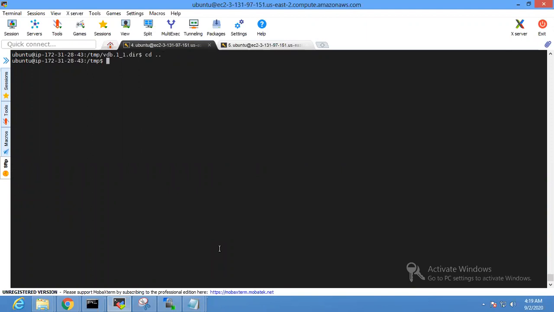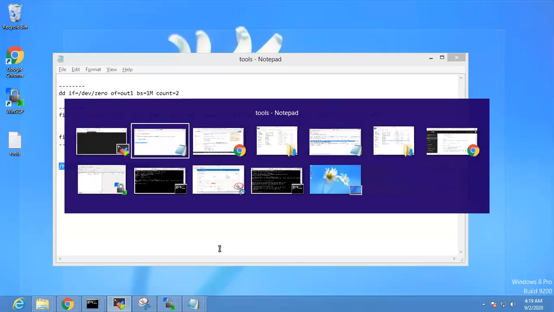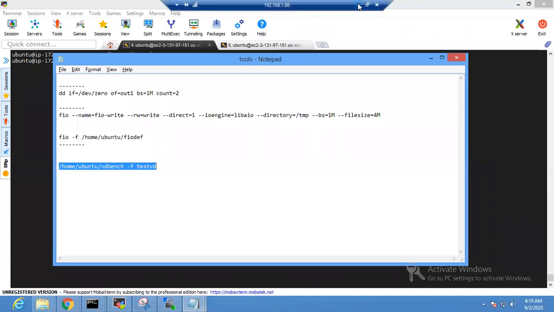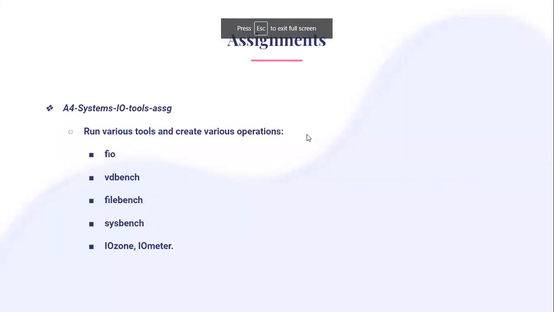What I highly recommend, don't jump and start using the IO tools, just first go and read about the man pages. That will really help you to understand what are the options which you can use. I have a few assignments, which are in line with running various tools, which I didn't mention as well. Like first you run FIO, then you understand the flags, block size, what are the operations you can do, what is sequential and random writes.